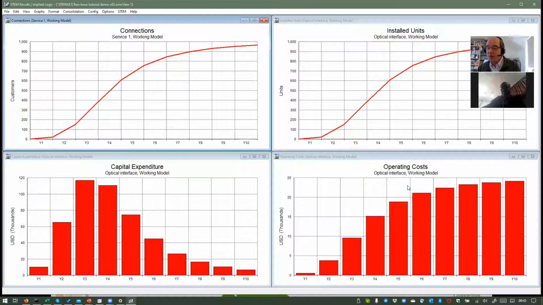And then over here, the operating costs. So you remember that it was 5%. So 5% of 500 was $25 per annum per customer. So as we approach 1,000 customers, we should be approaching $25,000 US for the opex, which indeed we are. Great. Nothing complicated, but actually there's already one detail which we're skipping over, which is I have my installed units,